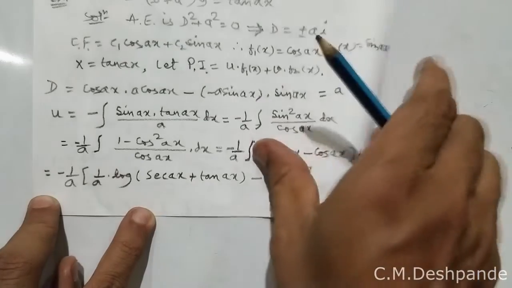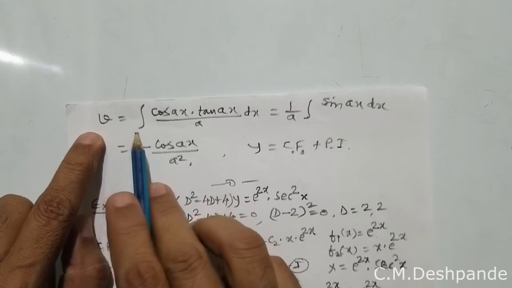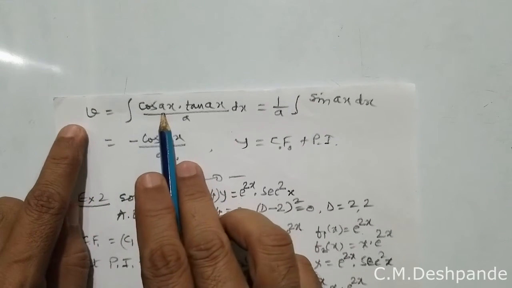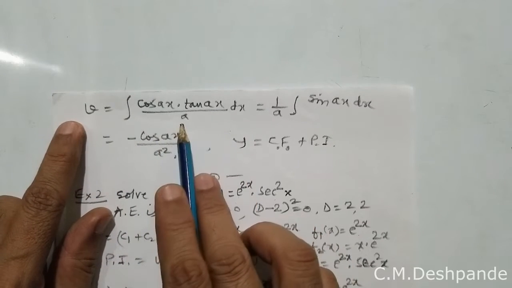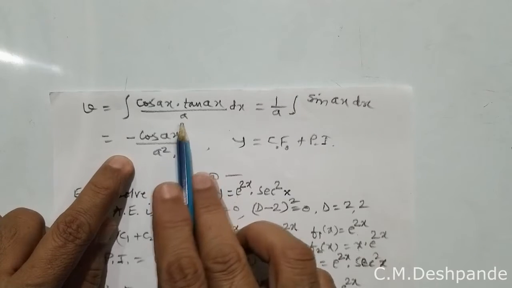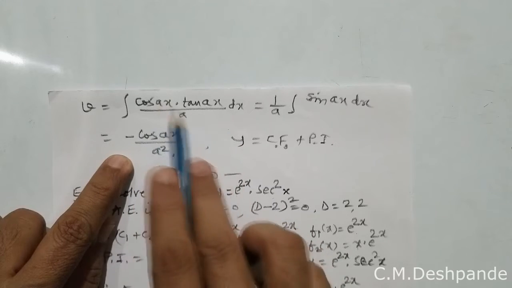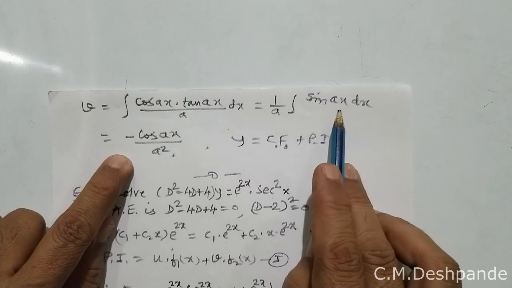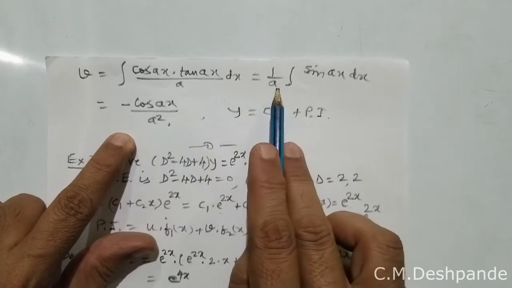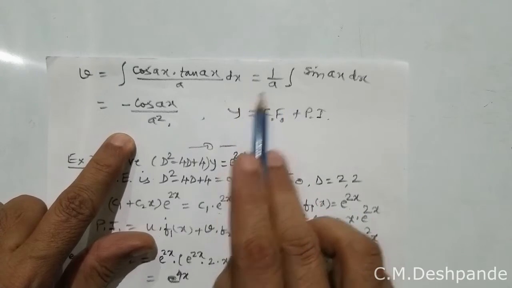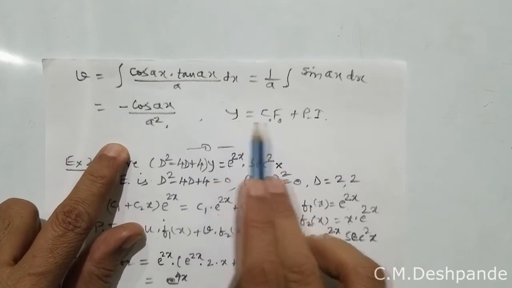This is the value of u, and v is calculated by the second formula. V equals integration of f1 of x, which is cos of ax, into capital X, which is tan of ax, upon the denominator a. Take a out of the integration, replace tan by sin upon cos and cancel cosine. So it becomes only sin of ax. Then integrate sin of ax, which is minus cos of ax upon a. So in total it becomes a square in the denominator. Then replace the values of u and v in that yp, and the solution is given by y equals CF plus